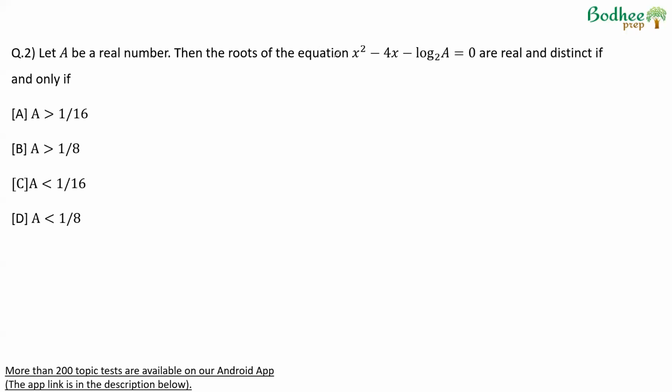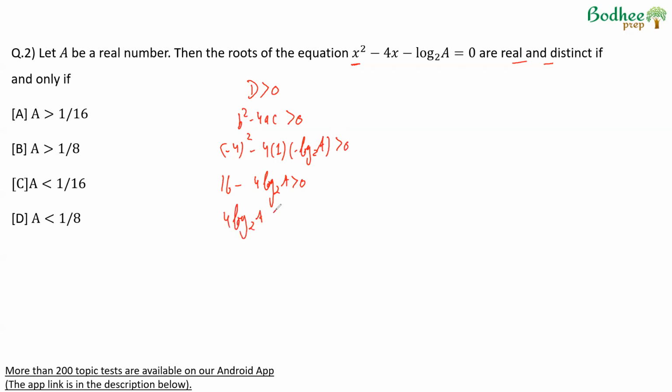Let a be a real number. The roots of the equation x square minus 4x minus log a to the base 2 is 0 are real and distinct. The roots of a quadratic equation are real and distinct if the discriminant is greater than 0. At equal to 0, the roots are not distinct. At less than 0, they are not real. So here b square minus 4ac, the discriminant, should be greater than 0, which means minus 4 square minus 4 into 1 into minus log a to the base 2 is greater than 0, which means 16 minus 4 log a to the base 2 is greater than 0, which means 4 log a to the base 2 is less than 16 divided by 4. Log a to the base 2